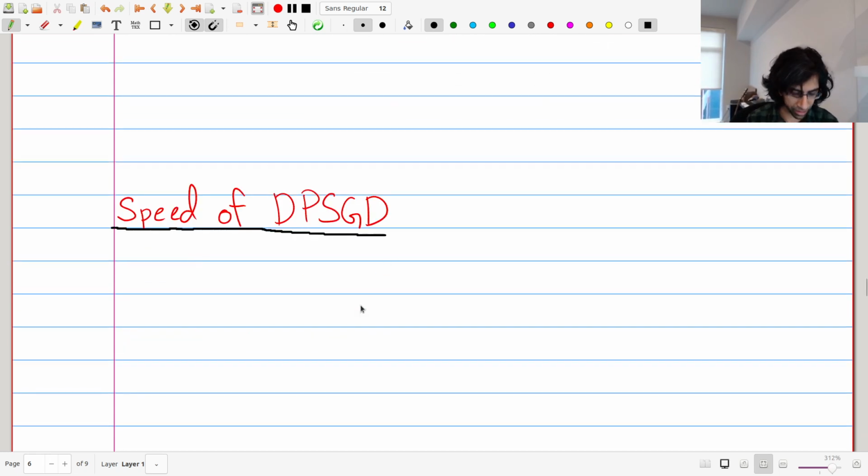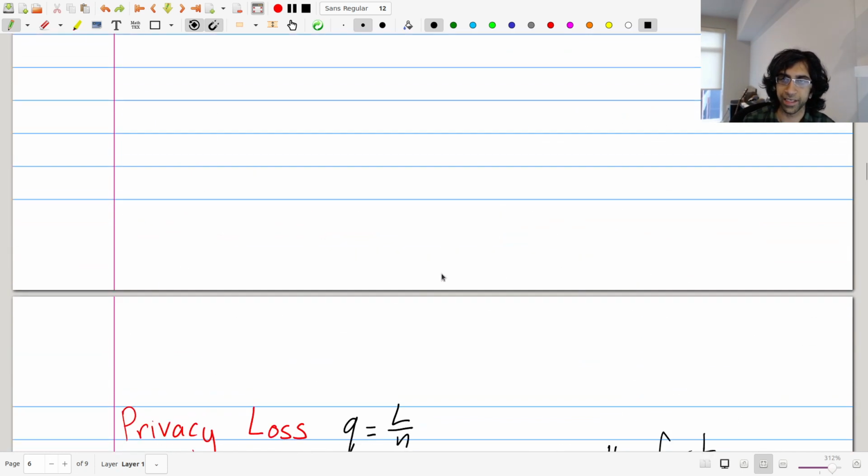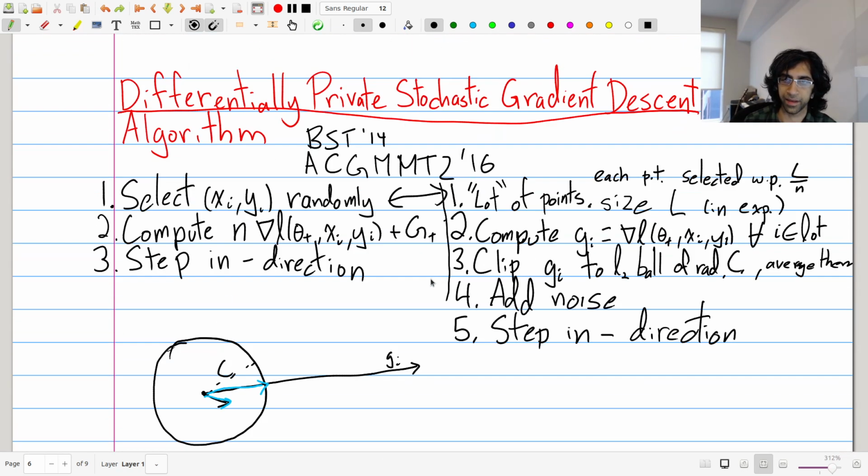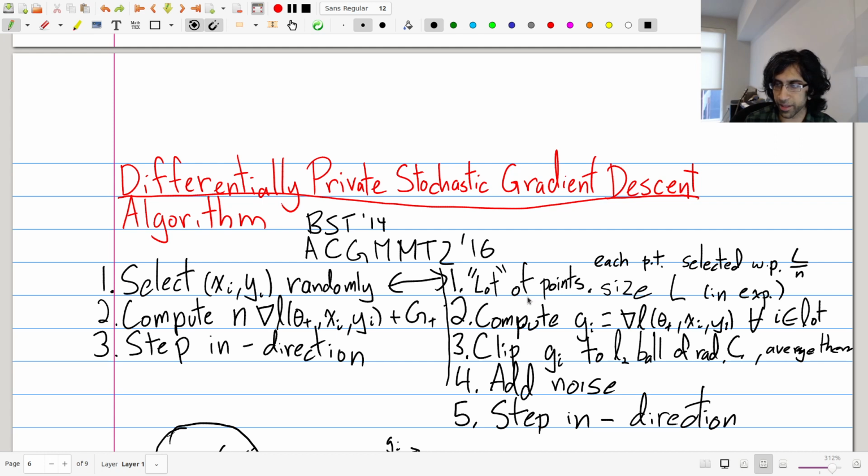One difference, for example, is the speed of DPSGD. Let's scroll back up to the algorithm and recall what DPSGD does. It's pretty similar to SGD, but the main difference is that we have to clip each point, then average them and add noise. This might seem pretty much the same as the non-private setting, where you just don't clip. Let me state what you would do in the non-private setting so that we're all on the same page. You would compute the gradients for all the points in a mini batch, then average them and take a step in the negative direction. The difference here is that we have to clip each individual point to an L2 ball of radius C